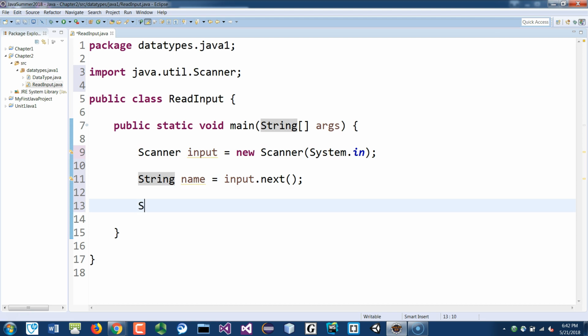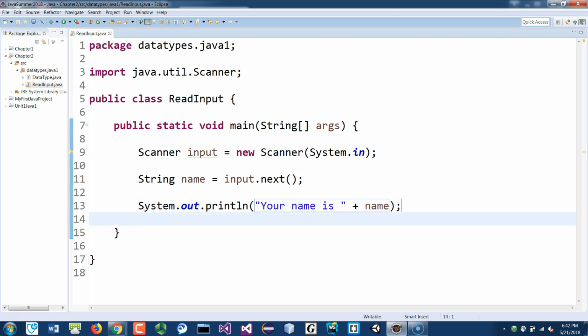After that, let's just say we're going to print it out. SOUT, Ctrl+Space, and say "Your name is", and then we'll put the concatenator plus name. Very simple. And if you save and run, again, depending on the IDE that you're using,